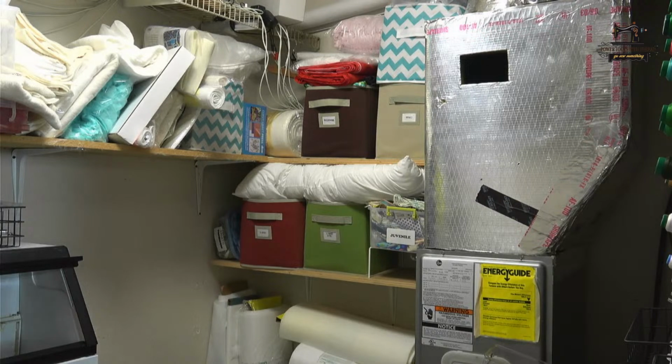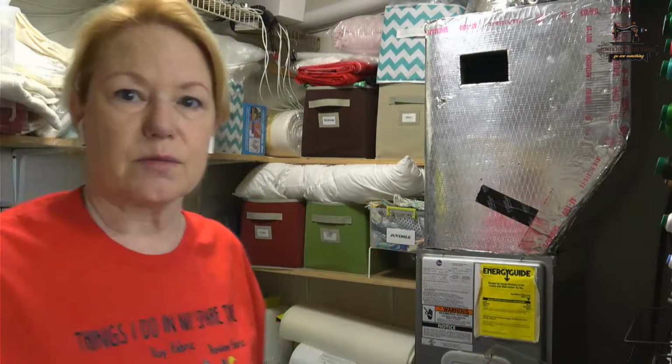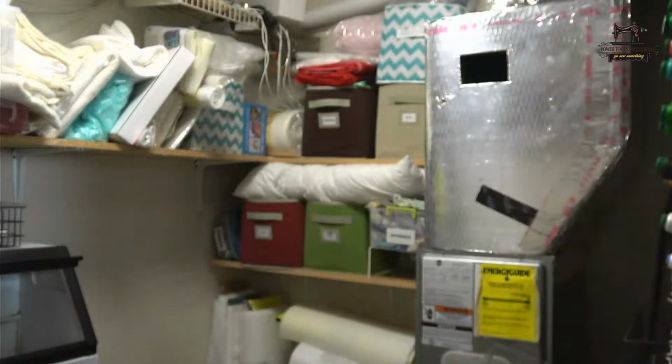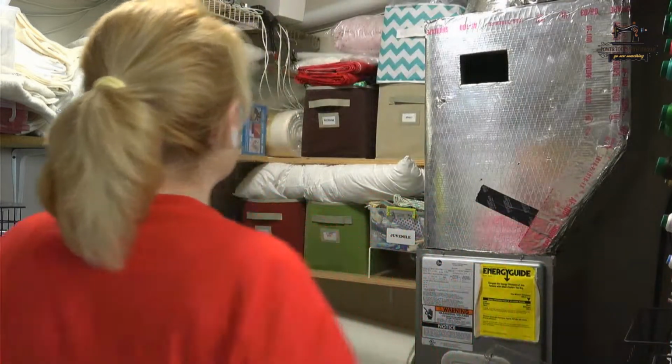All right, so that is all of the bulky stuff that's in the way of what I want to do. And this heating unit has made it very hot in here. I'm going to turn it down so it doesn't kick on again. Very hot. All right. I'm 30 minutes in, and all I've done is empty out the big stuff. Okay. So now,